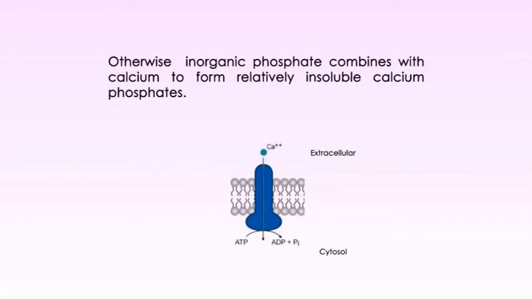Otherwise, inorganic phosphate combines with calcium to form relatively insoluble calcium phosphates. So calcium ions are pumped out of the cytosol by this P-type plasma membrane calcium ion pump. The activity of the plasma membrane pump is regulated by calmodulin, which is a calcium ion binding protein present in the cytosol. A rise in the calcium ions in the cytosol triggers binding of calcium ions to calmodulin, which in turn triggers the activity of the plasma membrane calcium pump. As a result, the export of calcium ions from the cell accelerates, thus quickly restoring the low concentration of free